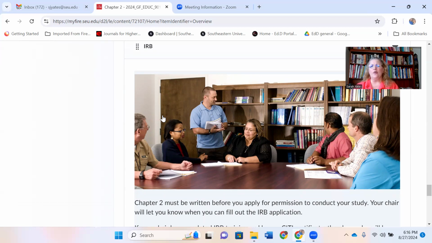And maybe they're waiting on some feedback on the last 5 pages of chapter 2, but we really want them to be sure that they've written that literature review and that they're maybe almost done with it before they start collecting data. Now, it might take a while to hear back from the Southeastern IRB.